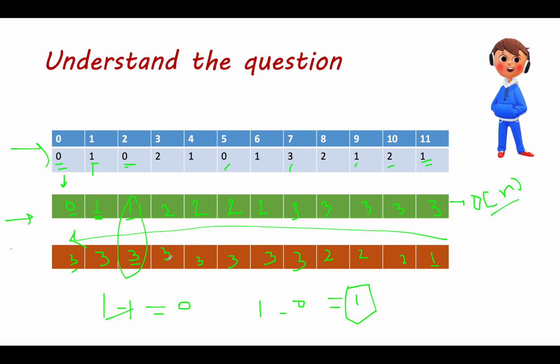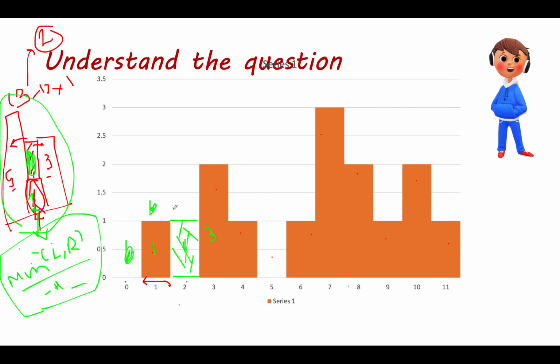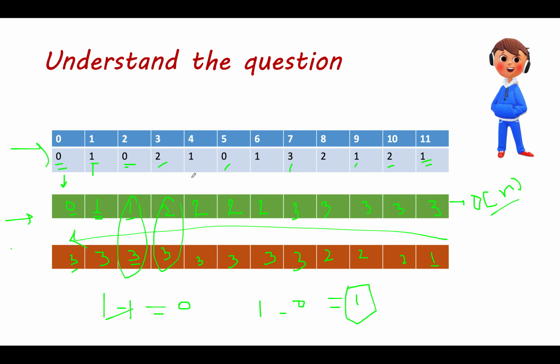Next we have 3 and 2, which is the minimum value out of these two. The minimum value is 2 minus the current value 0. The total sum becomes 0, so we will not add anything, which makes absolute sense because no water will be trapped over here. Let's continue the process.